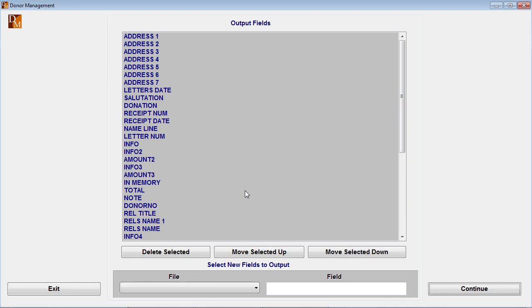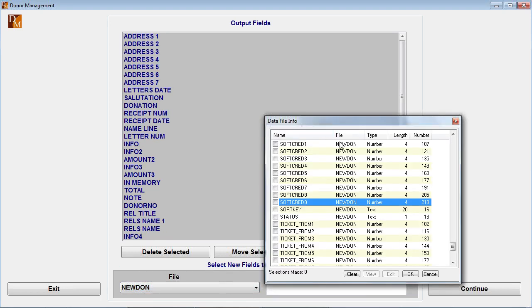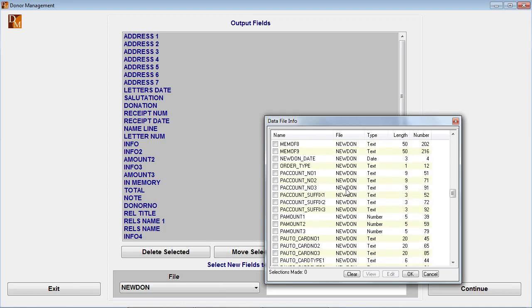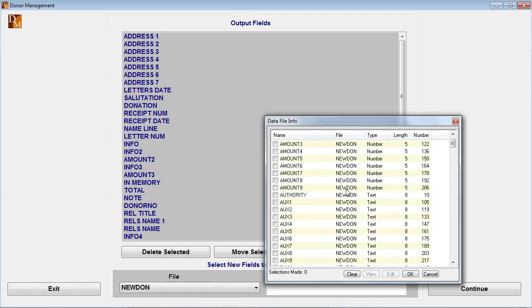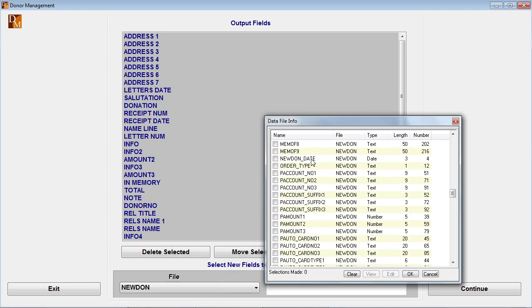If I needed to add something else to the receipt letters that isn't there at the moment, so if I go down and said, oh look, I haven't got how the person paid, and I want to show that on the receipt, then down the bottom of the screen here, I can say what I want to do is add to that output, and just about every field that we've recorded as part of that can be utilized. Okay, so you can see where I was saying before that you can split a payment into 9 parts. So this is where you can start to see all of the parts of those things coming out. Okay, just about everything that's there, you can say, yes, I want to add something to that,